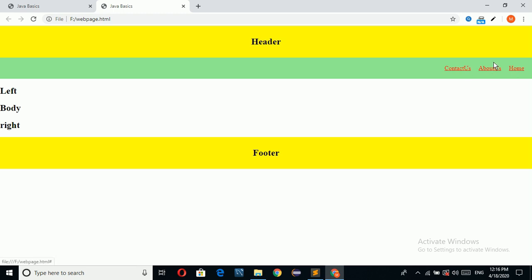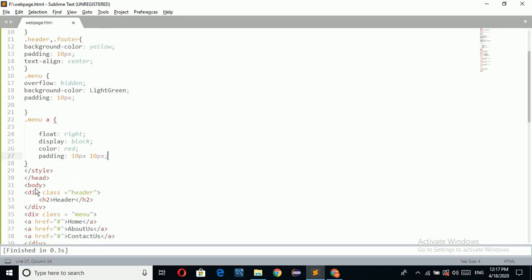So my menu bar is created. In the menu bar I have taken three components: contact us, about us, home. So the color of the hyperlinks is red color.